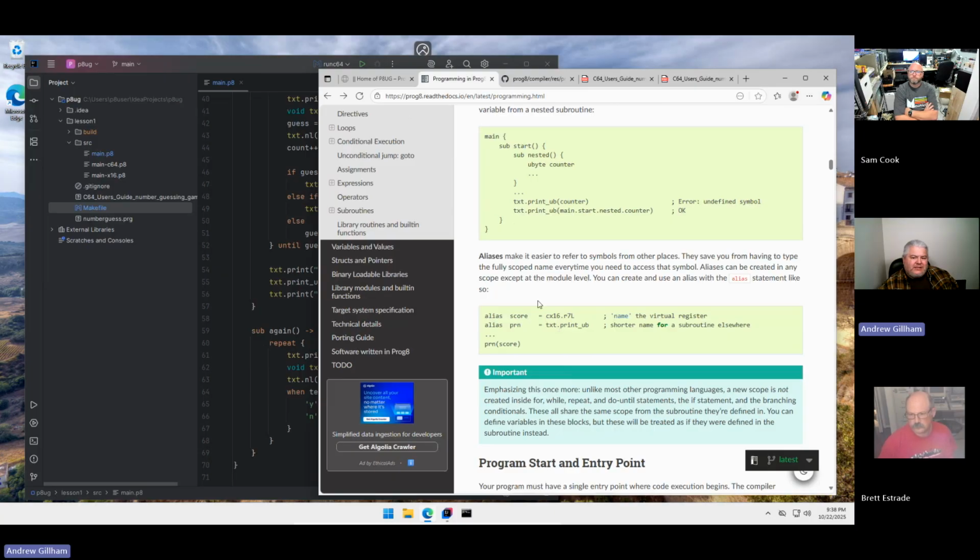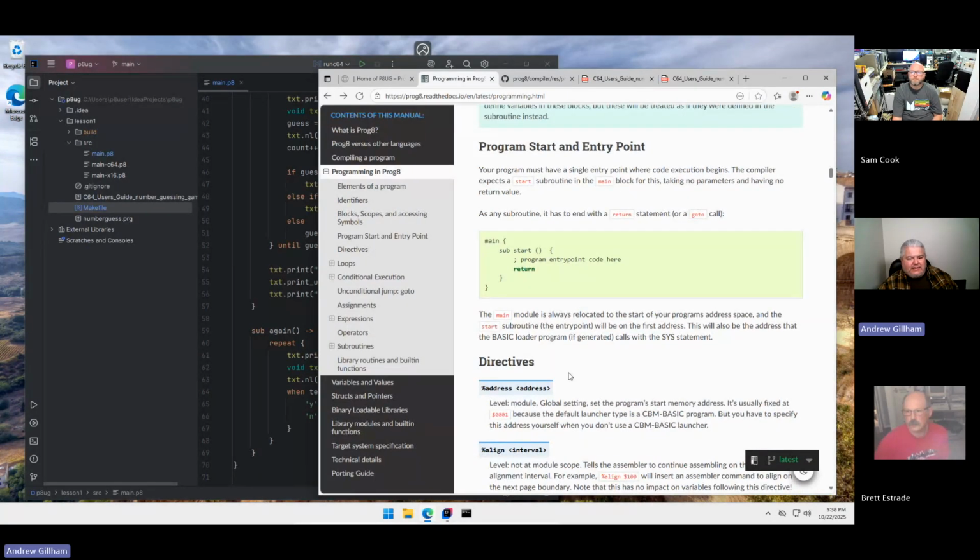There's aliases. So you'll notice here we're doing text.print or print_ub. You can do an alias that, say, instead of typing text.print, you could just have print or even P or something. PRN is the example that they're giving you here, like a shortcut for a printing subroutine. And there's a lot more,